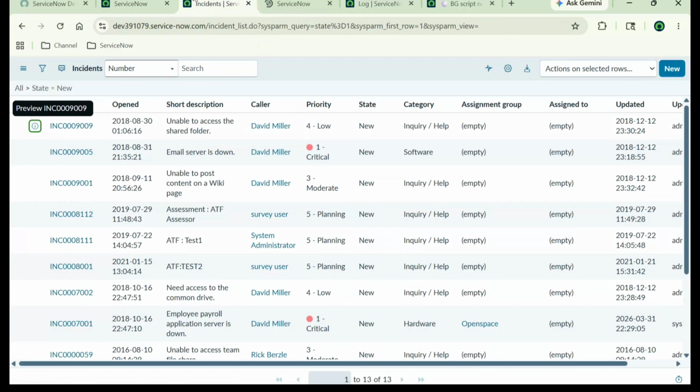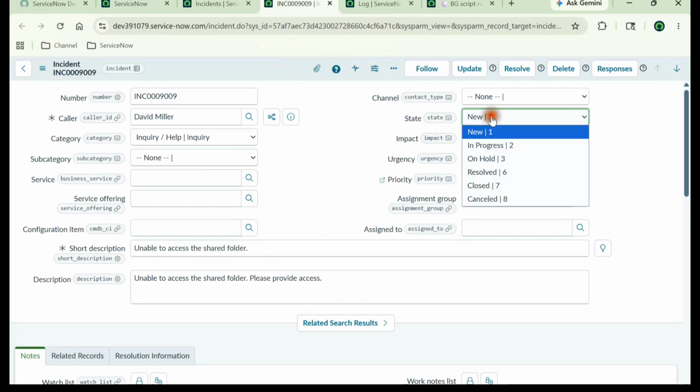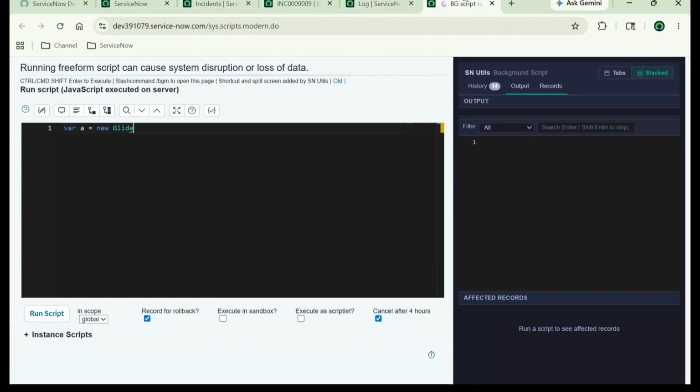So now we are going to change the incidents which are in new state to in progress or some other states. We will just update now. Okay, we will try to update it. It's loading. Okay, so here the new value, backend value is 1. We will try to change to in progress, whose backend value is 2. Okay, so we are going to write